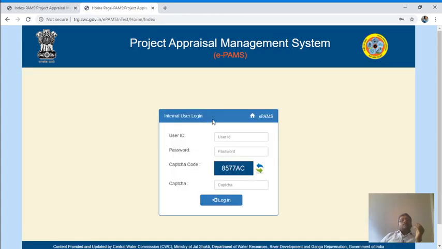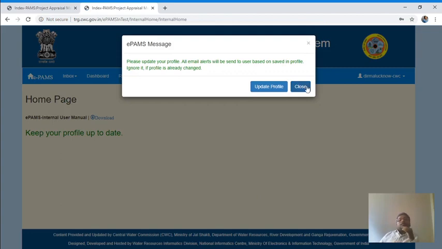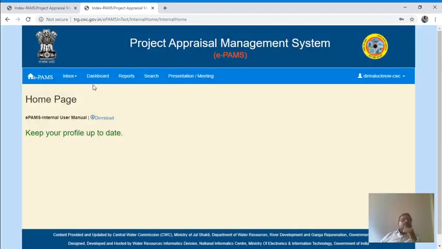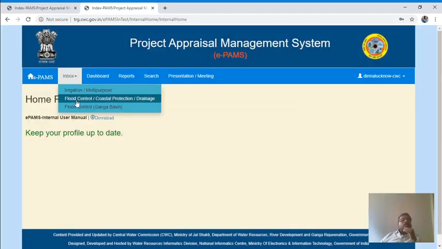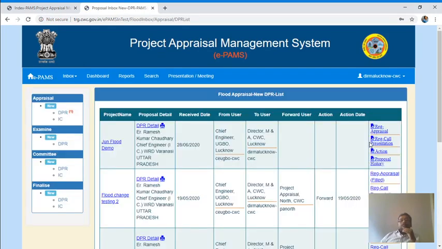I am going to log in with that user. I have logged in. Come to inbox and flood control. Now the June flood demo project is here.